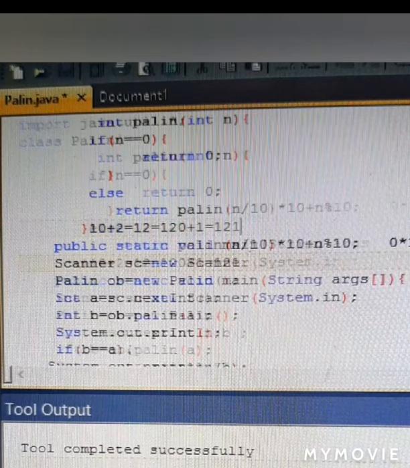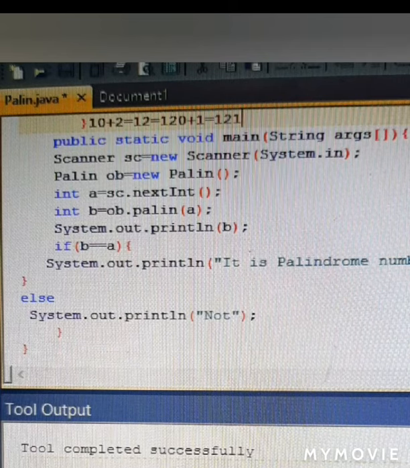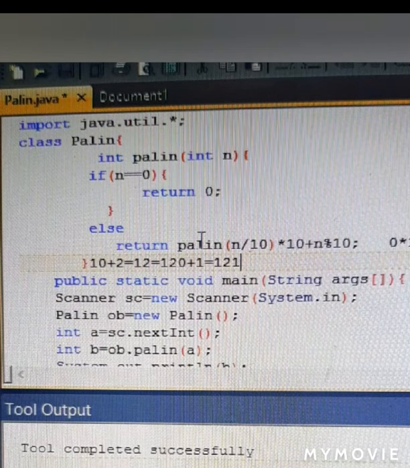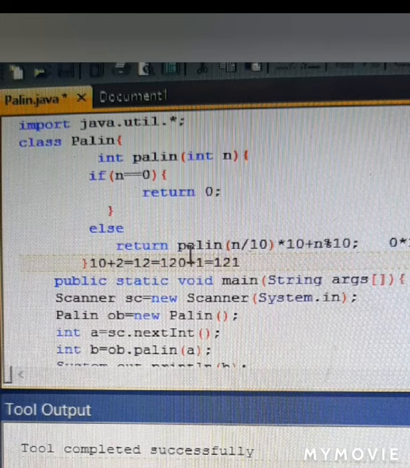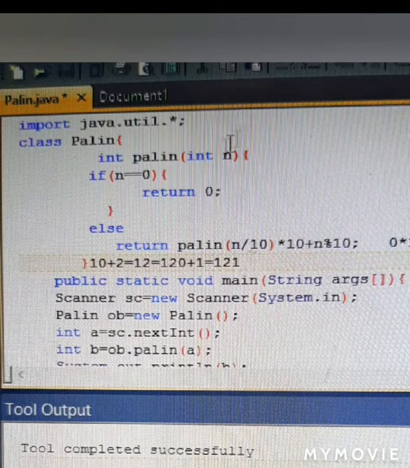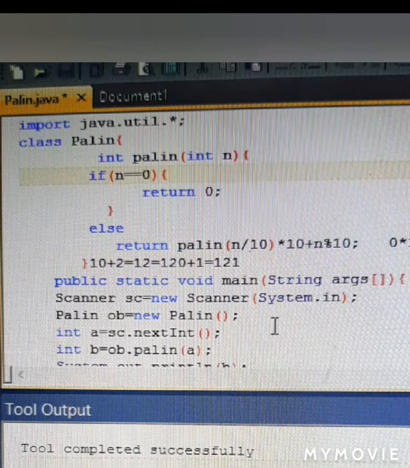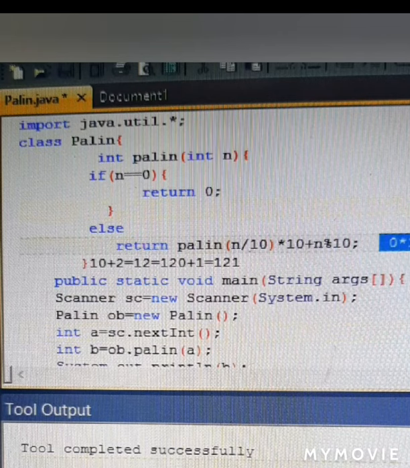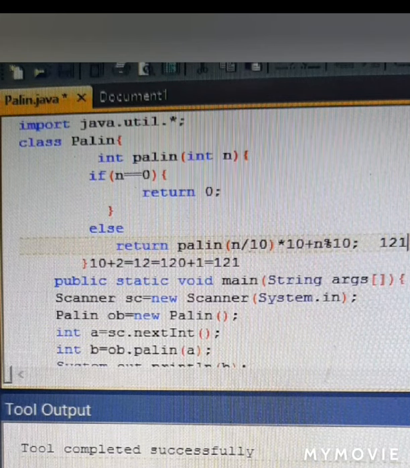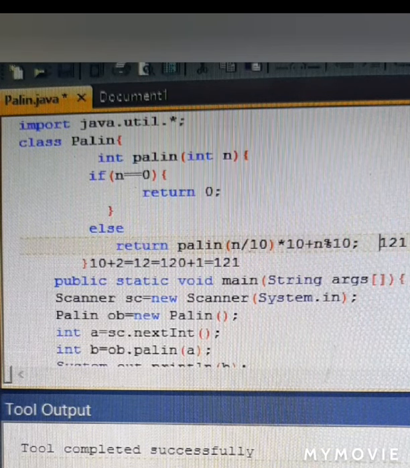And then this answer is going to be received here into B, and then B will be compared with A. Let me make it more clear. Initially, what does this type of program do? First of all, you have to call this function recursively 3 times. First of all, 12. Then 121 was already in the memory. Then 12 was being sent as a quotient, and then 1 was being sent as a quotient. So if we see that in the stack memory, we will have some values like 121. Above it, we will have 12.